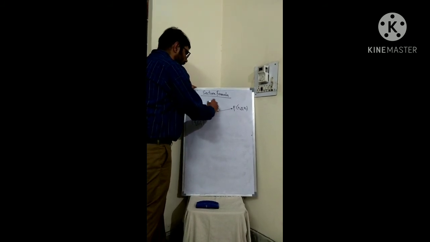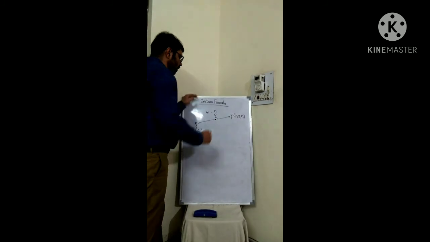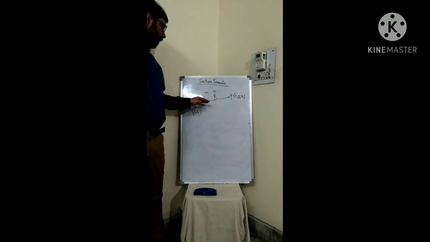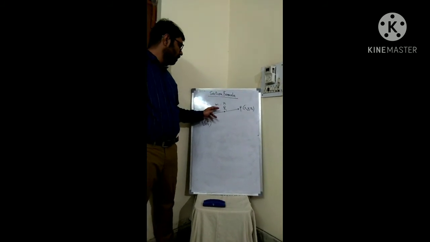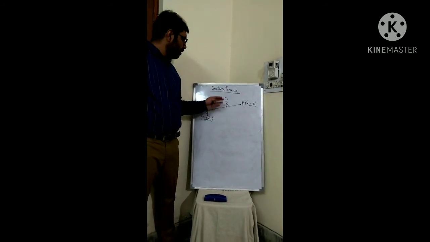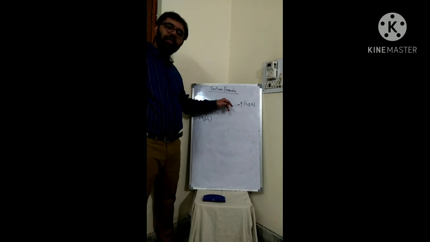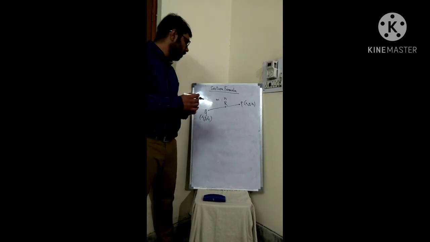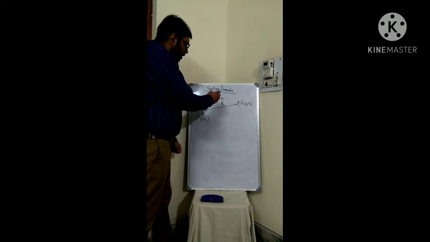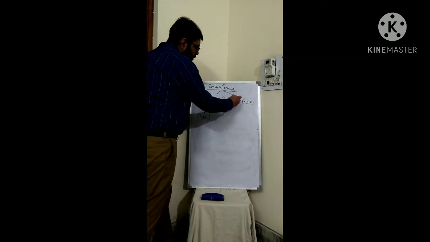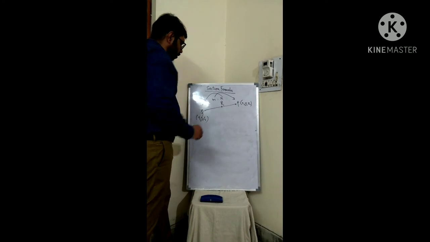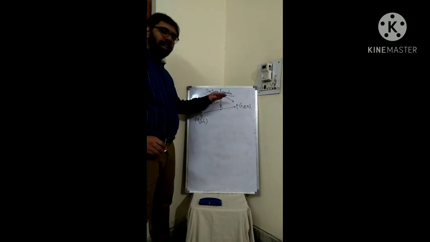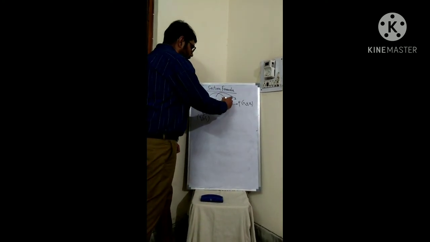We have a point R, suppose this is dividing PQ in the ratio of m:n. We have a point R which is lying between P and Q and dividing these 2 points in the ratio m:n. Okay. So section formula basically helps us in finding the coordinates of the point R. So how do we do that? It's very simple. Basically we need to multiply m by the coordinates of P and multiply n by the coordinates of Q. Add them and divide it by the sum of m plus n.